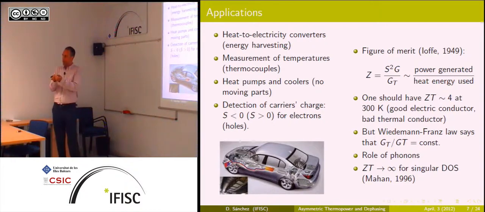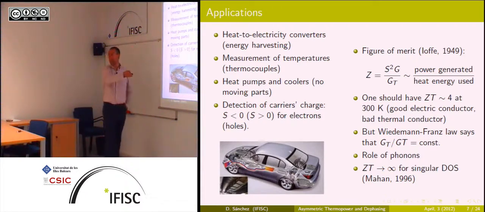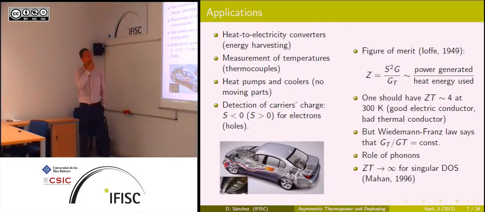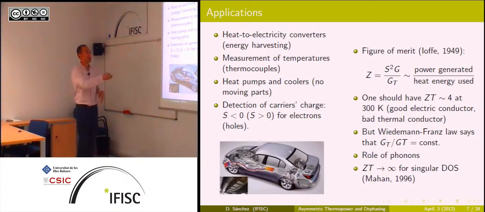So what do we need to have a good cooler based on a thermoelectric device? You have to increase this ratio, so you either increase your numerator or decrease the denominator. The numerator is proportional to the electric conductance, so you need a good electric conductor. On the other hand, the denominator tells you how difficult it is to maintain this temperature difference over time, so you need a bad thermal conductor. If you are able to find a good electric conductor and a bad thermal conductor, then you should have a big